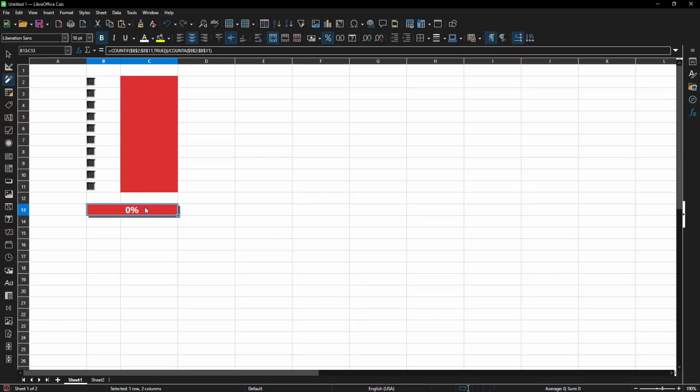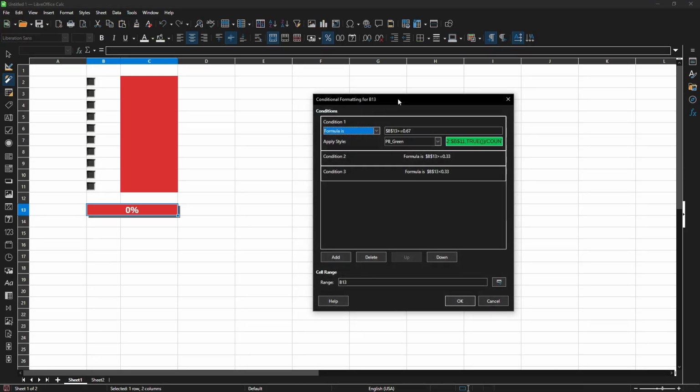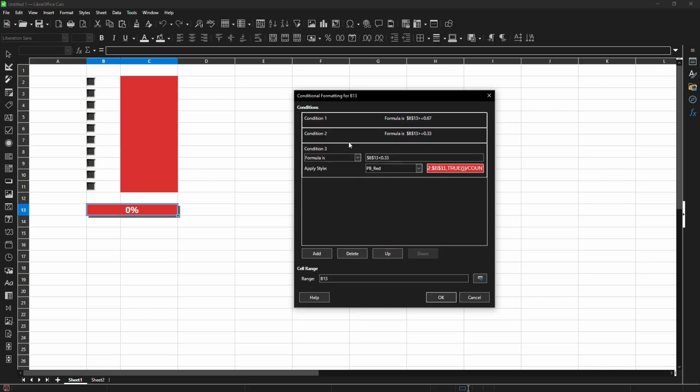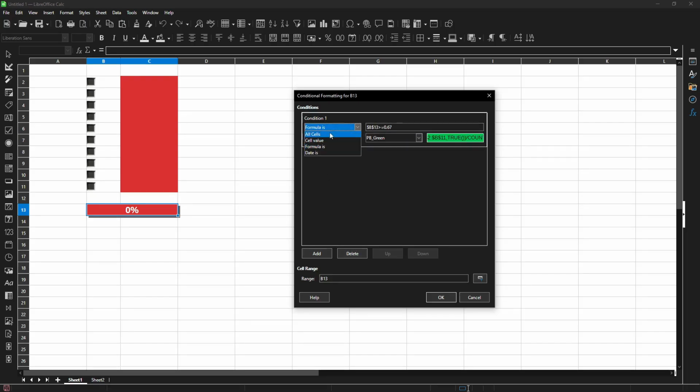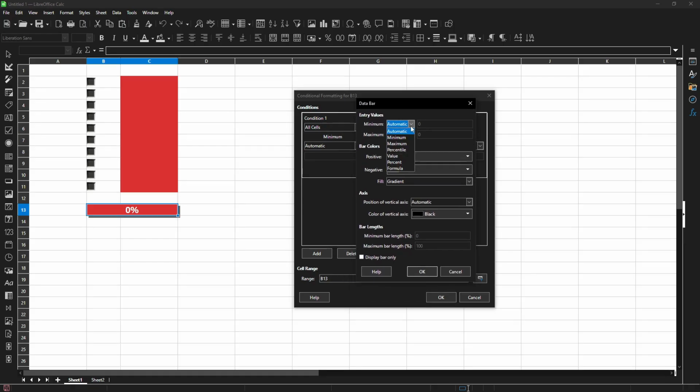And just a little note, you can go to the Conditional Formatting manager, and from here, this is the B30, this one, edit it. Right now, there are 3 conditions for different colors and different amounts of tasks done: green, yellow, and red. You can delete the last 2. The green condition remains. From here, turn it to all cells, and from this one, turn to Data Bar. From there, click the More option. In the More option,